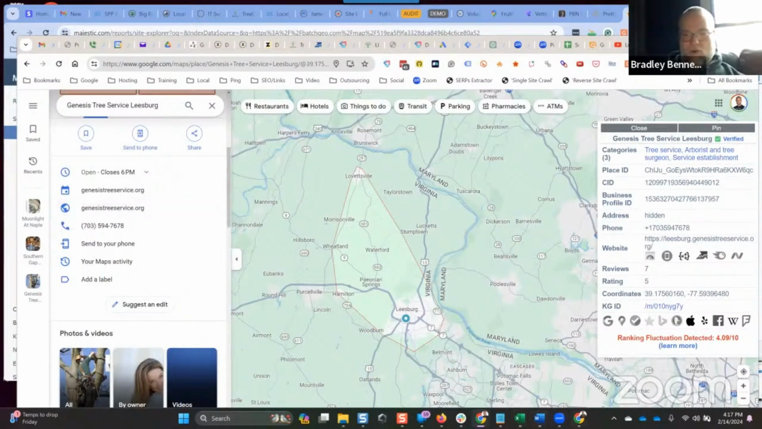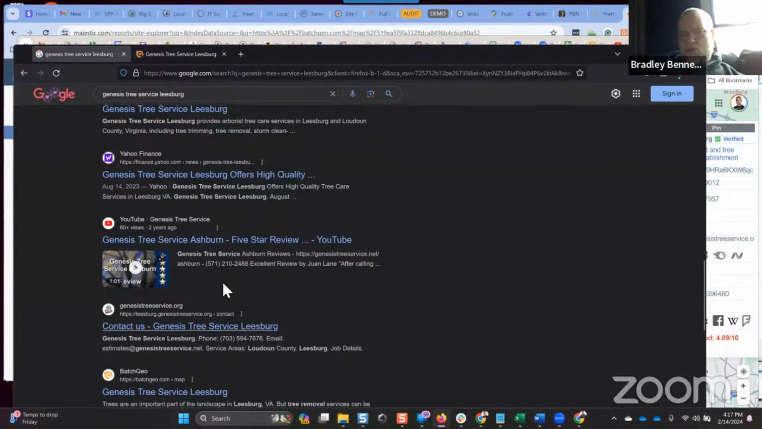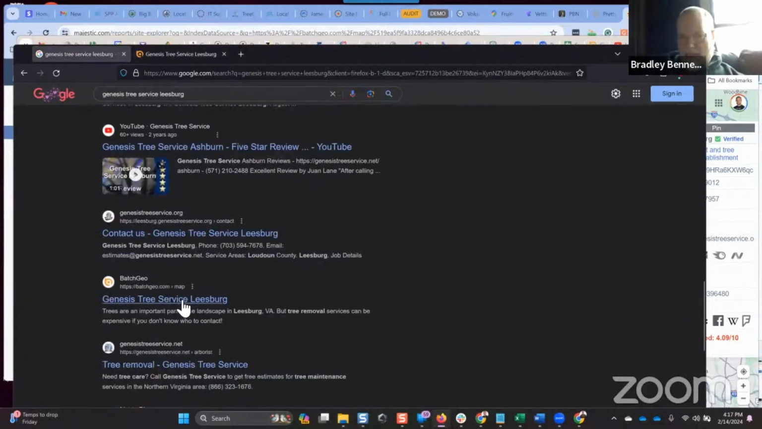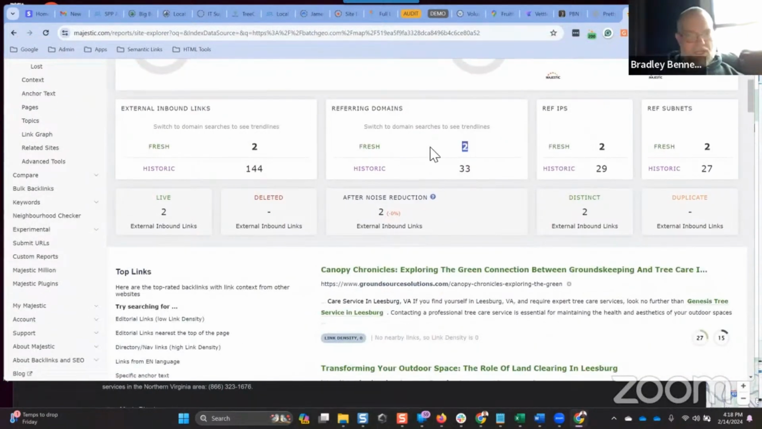And just an example real quick, I'll show you this one that has not had really any links built to it, the Genesis Tree Service Leesburg one. It comes up on page 2 for a brand search. That's not great, but I haven't built a lot of links to this one specifically. If you take a look at that map right here, you can see there's only been 2 links built to it. And that's, again, because what we do now is we build links to the ID page